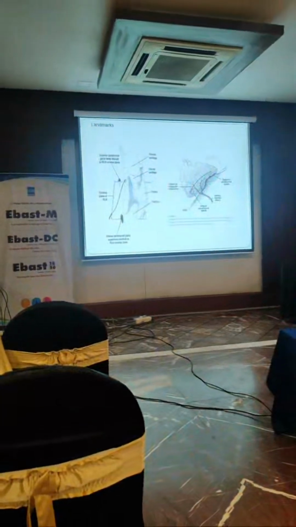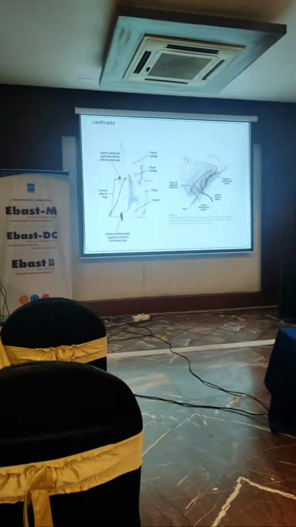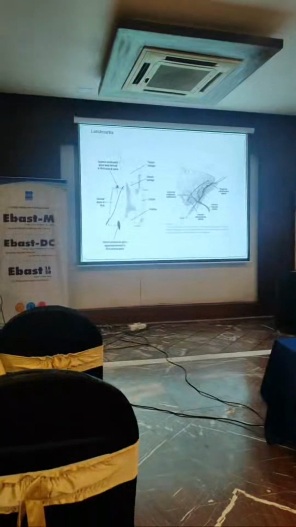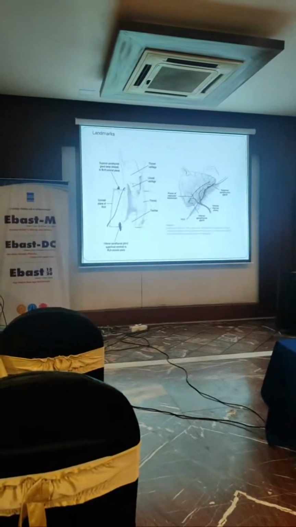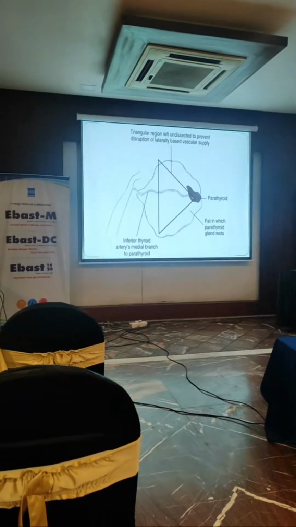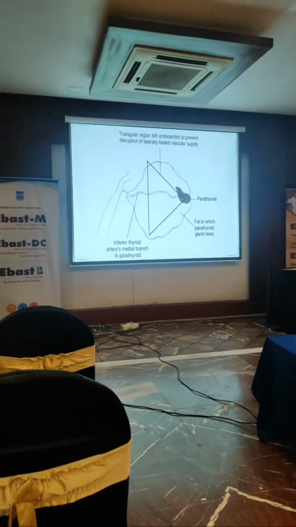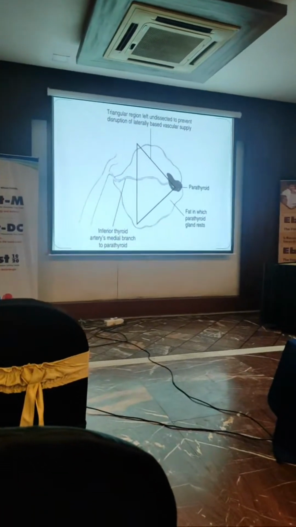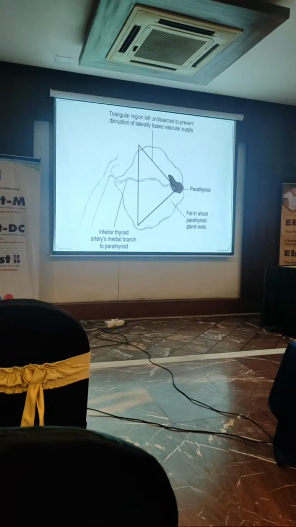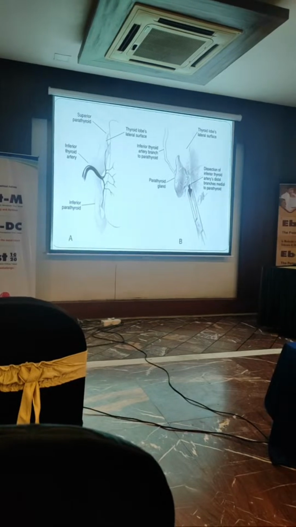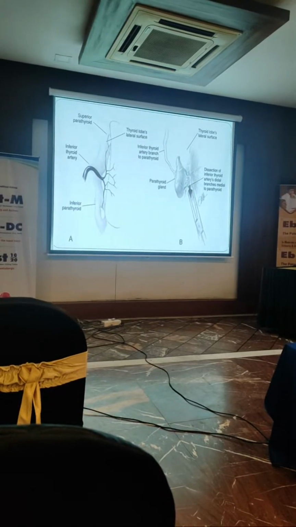So if you can see, the vascularity is lateral. It goes from lateral to medial in parathyroid. So if we do capsular dissection of the thyroid gland, we can avoid damaging the vascularity of the parathyroid glands. In this diagram, you can see the primary region which has been marked should be left undissected to prevent disruption of the laterally based vascular supply to the parathyroid gland. So this is how we should dissect medial to the vascular supply and separate it gently from the thyroid surface